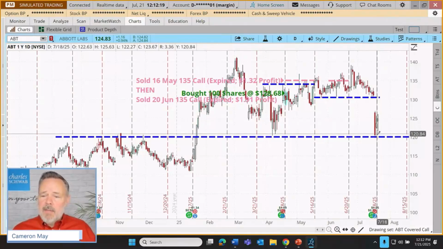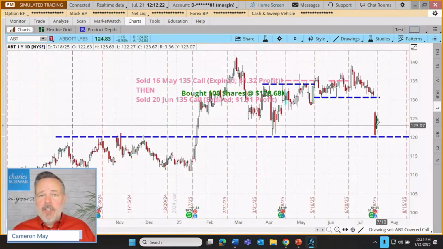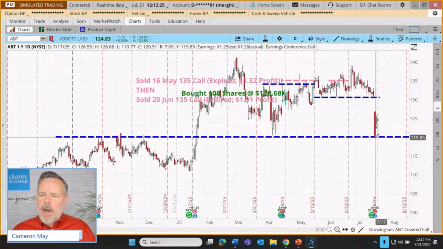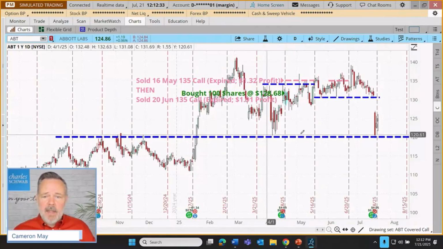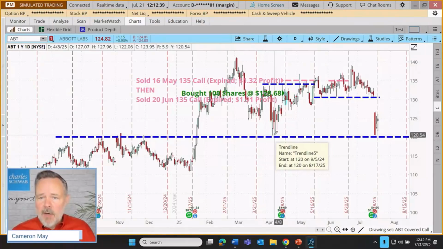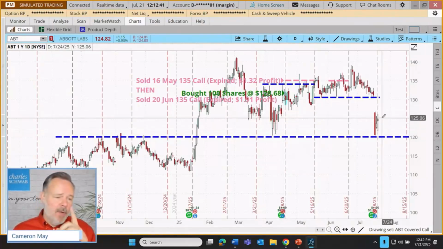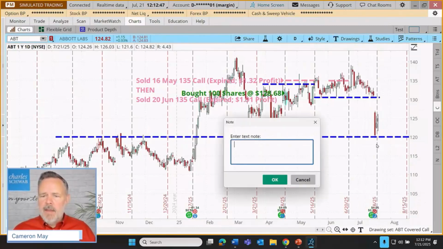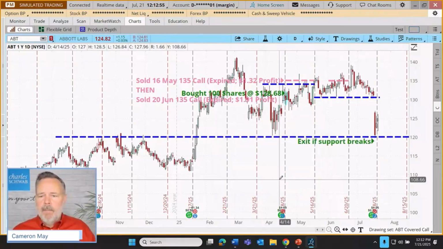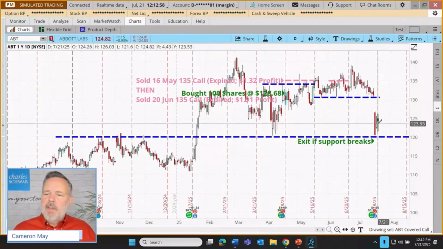Others might look at this chart and say, yeah, that kind of hurt, but it's also interesting where we bottomed out over the last 72 hours of trading. That seems to be right at previous resistance levels. An old price ceiling might be acting as a new price floor. It was a price floor about 3 months ago. Maybe it will do that again. And I think what we're going to do today is just make a decision. Let's exit if support breaks. That's going to be our plan for this position going forward.